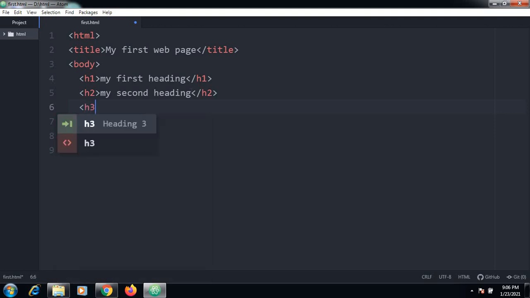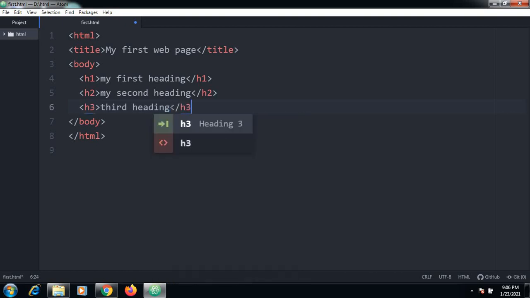Then h3, third heading, my third heading. This is the closing tag, slash h3. So this is what I made for the different tags.